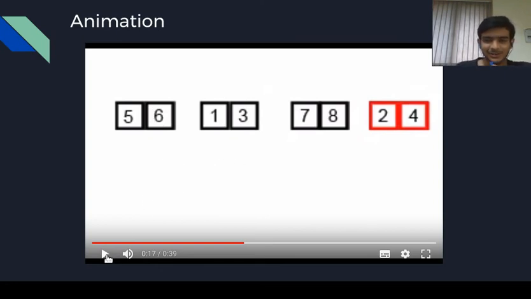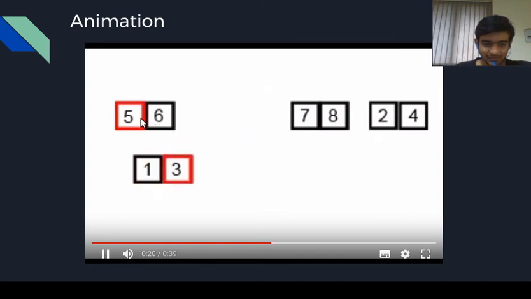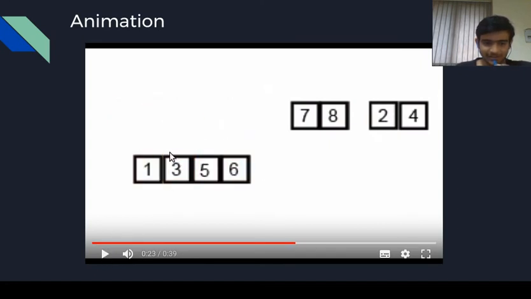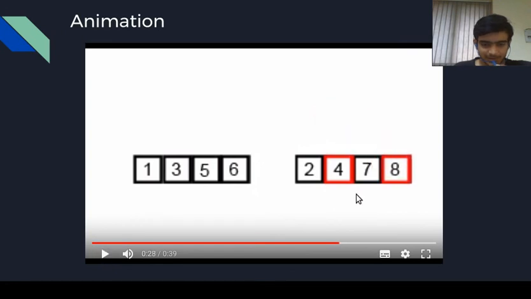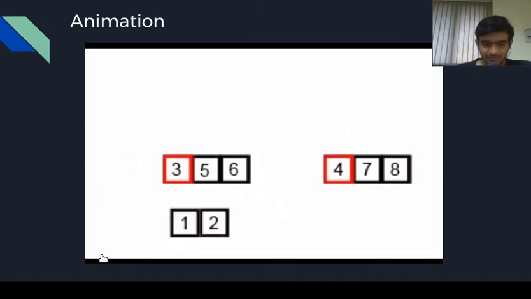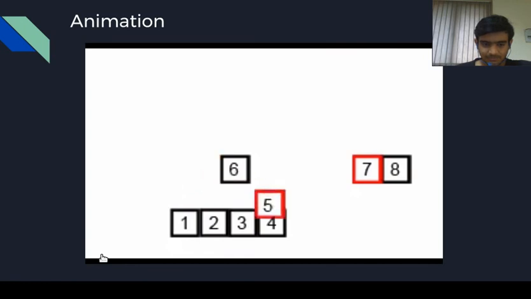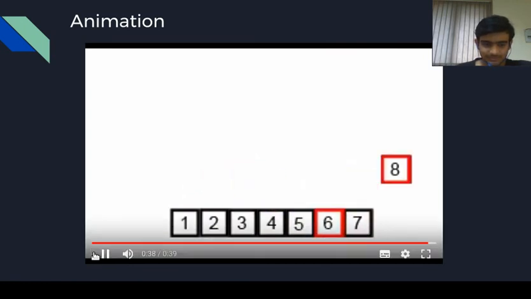What I mean by a k sorted array is an array of size k which is sorted. So now we take these two arrays and merge them to get a sorted array of size 4. Similarly here. As you can see, after this operation we've got 2 arrays of size 4 which are sorted. Now we will merge these size 4 arrays to get an array of size 8 which is sorted. So yes, as you can see, after this operation we've got the original array back, except that this array